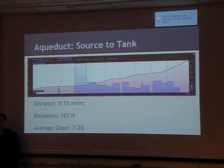And another big aspect of our project is to update the aqueduct. And so to do this, we surveyed the aqueduct down from the spring sources all the way down to the community. And up here is an elevation profile that we generated for just the source to the tank. And so at the right side, at the highest point, is the spring sources. And on the left side is the concrete tank. And it spans a total distance of about 1/2 mile with about an elevation change of 187 feet, an average